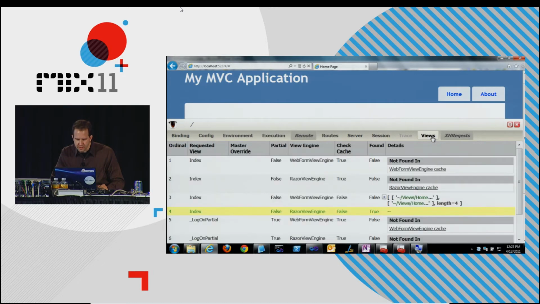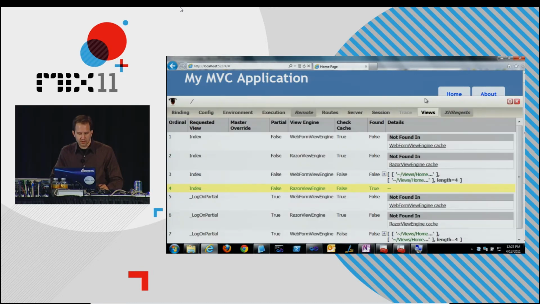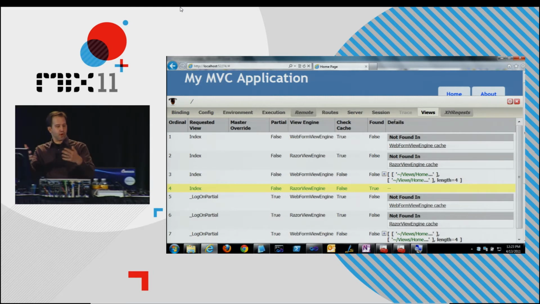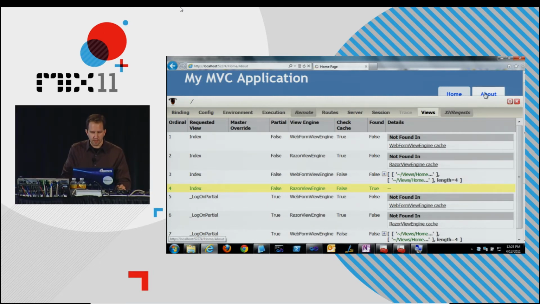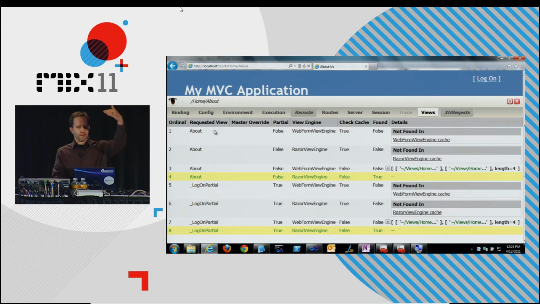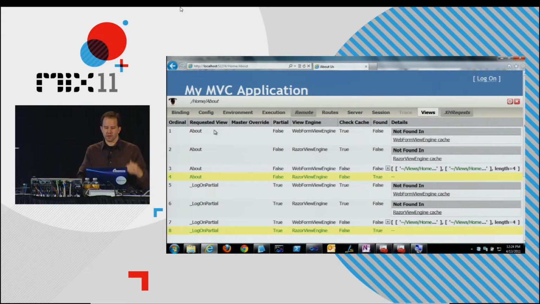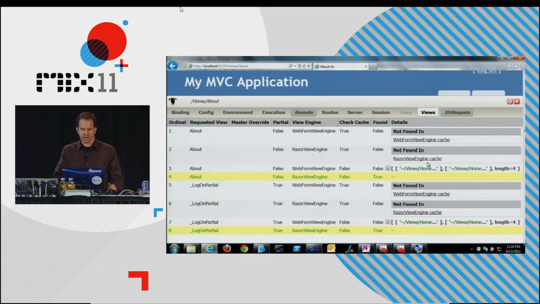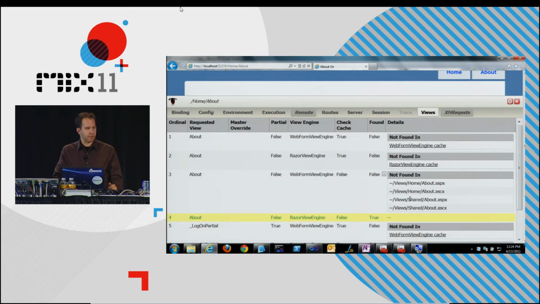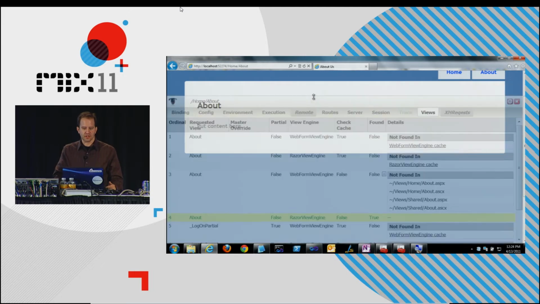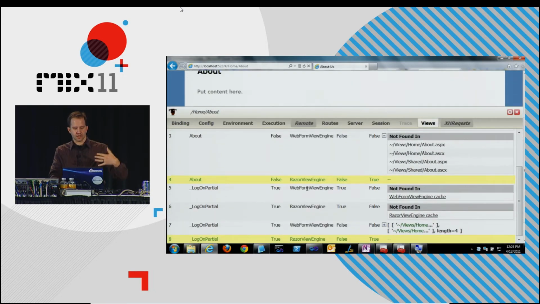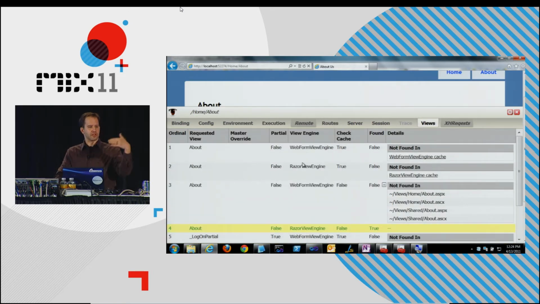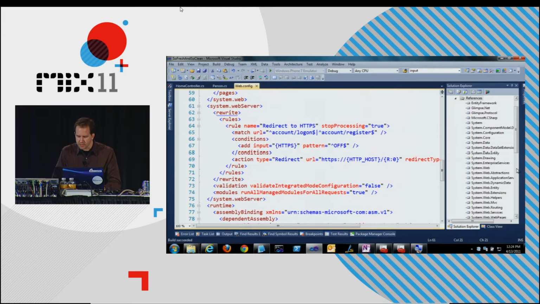One of the things that I found really surprising, and Phil, maybe you can answer a question on this. Here I'm just viewing home, but maybe I'll go and view about. This is the views and the view engines that it went off looking at. So it asked, is there a web form view engine? Yes, but I don't see that, I don't see that. And then it eventually found the about page here. It gives you a lot of insight into the flow of your application. It shows the partials. So I see that there are 8 view checks in the building of this page here. What if I went back to my Global.asax